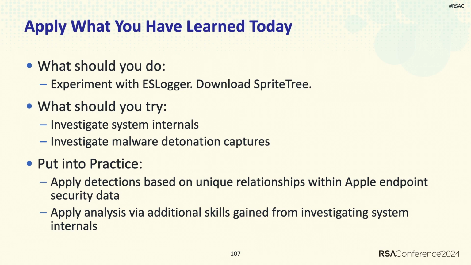Explore the process tree. You can explore the process tree and you can build detections using a lot of the relationships we saw here and a lot of the command lines you'll find within malware. This is 101 for building detections on macOS. Just find out what looks normal versus what is abnormal. Learn your EDR, learn where it records those processes and how to perform those lookups. I assure you most of them capture the right information to do that. And then finally, apply those investigation skills from there.